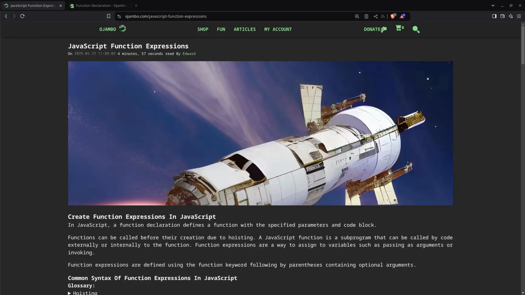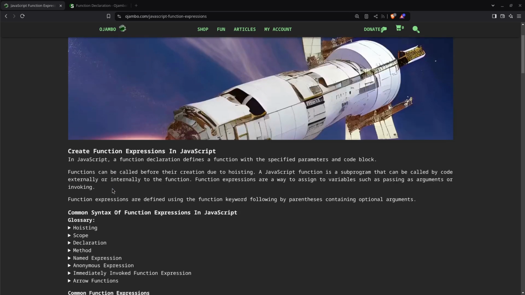In this tutorial, JavaScript function expressions will be created, brought to you by the jumboshop.com Learning JavaScript Course. So function expressions are basically a way to define functions as part of an expression for assigning to variables, arguments, and invoking immediately. So as you can see here,